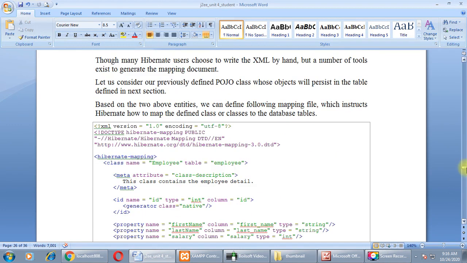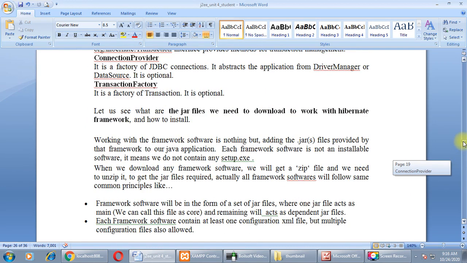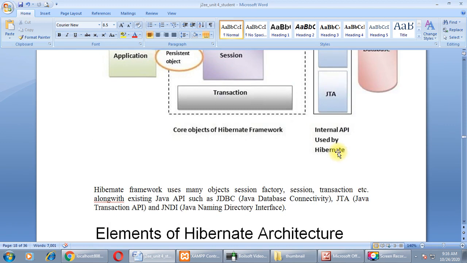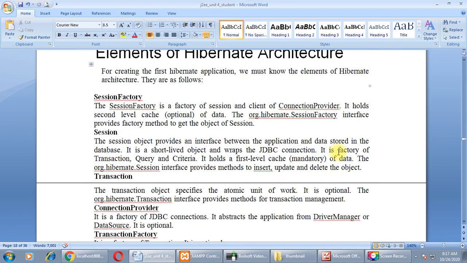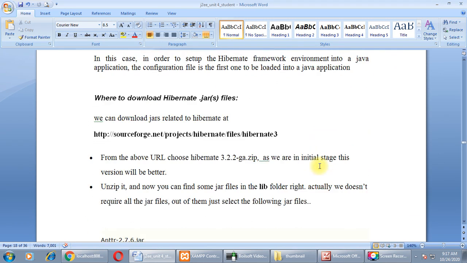Second, we learned which files are required if you want to install a framework in your application. Then we also covered elements of Hibernate architecture.